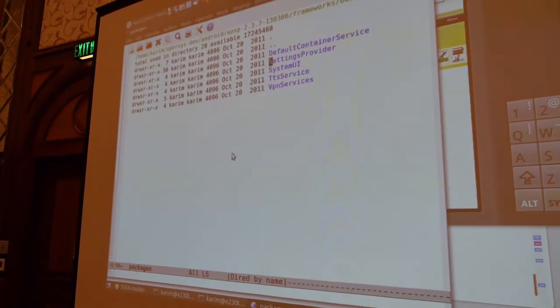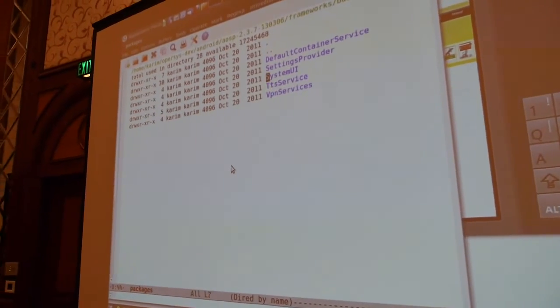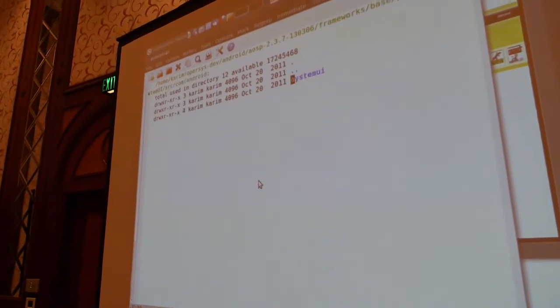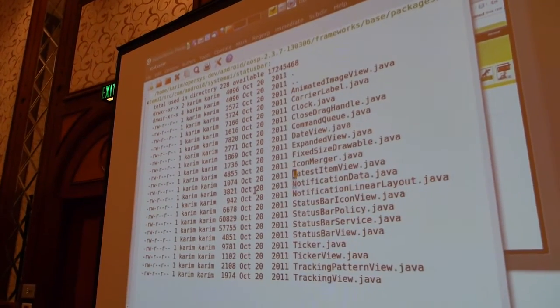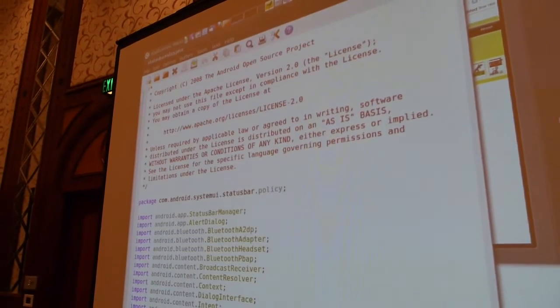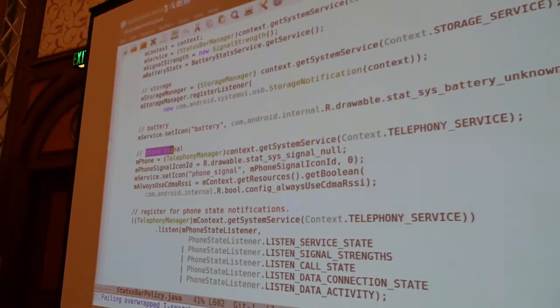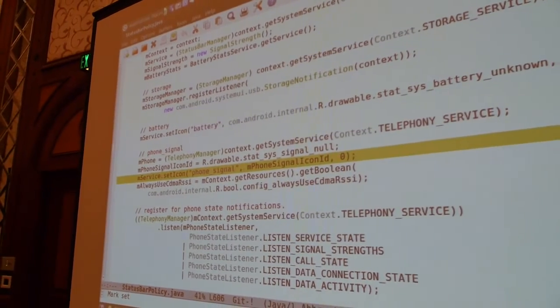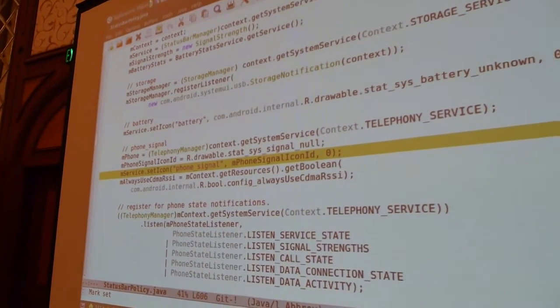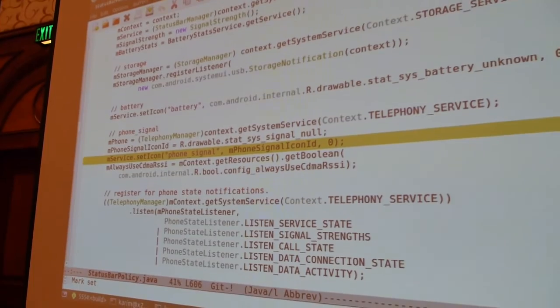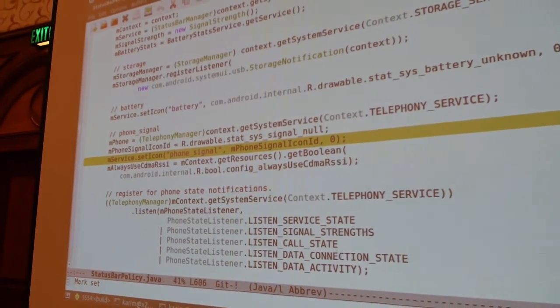So packages, system UI, src, com, android, systemui, statusbar, policy, and let's go looking for phone_signal. Okay? So here is the method call that tells the status bar to display that phone signal. I can do something like this. I can do,